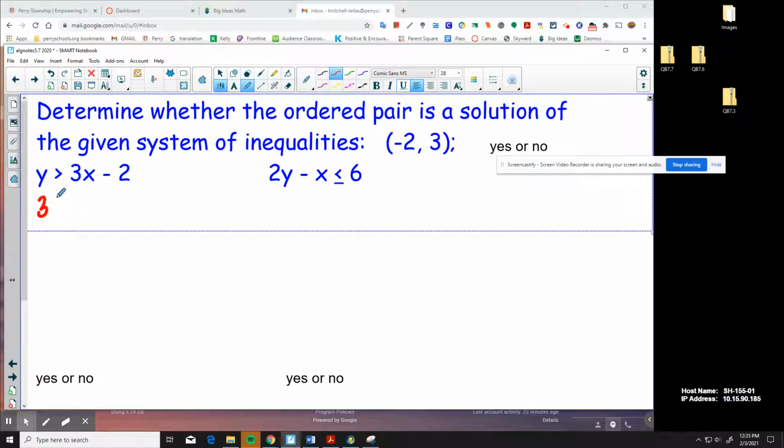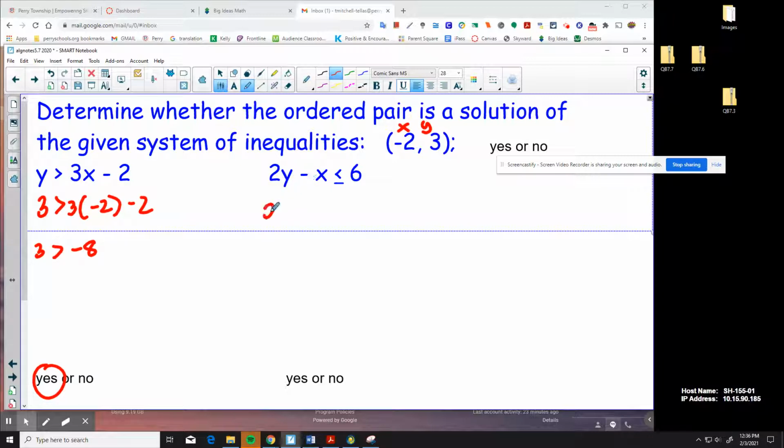All right, so we have 3 is greater than 3 times -2 minus 2. This one was X, this one was Y. I just put them in their appropriate spots. So that would be -8. 3 is greater than -8. That's true. 3 is greater than -8. And then if I do the